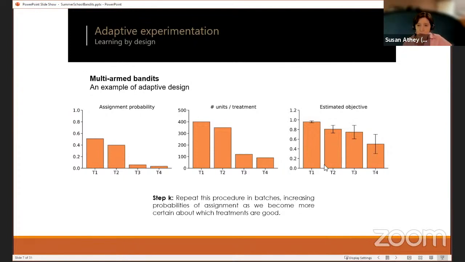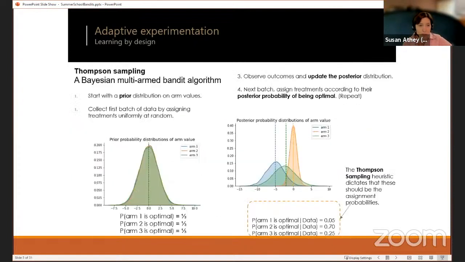During the experiment, people are better off. Maybe it's more ethical or more profitable, depending on what it is you're trying to maximize. And it's also going to do a better job in understanding the best arms, the ones that are candidates for being chosen. So it seems like a no-brainer. So we should just do these all the time, right? Well, actually, no. And I'll talk about some of the complications about using these in the rest of the lecture.